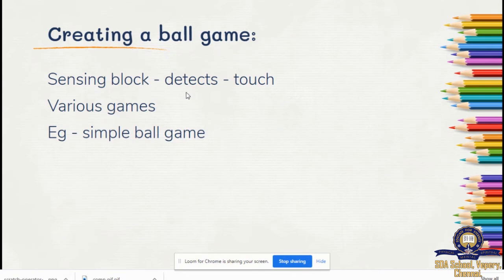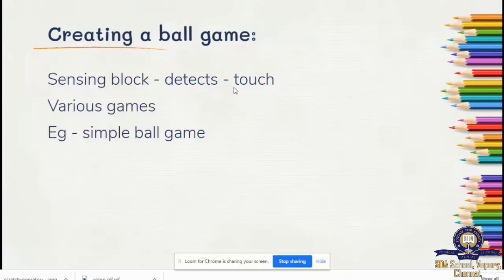The sensing block detects touch. These are the main options for creating a ball game. In the sensing block, there is a particular heading called detect. It detects whether the sprites are touching each other.